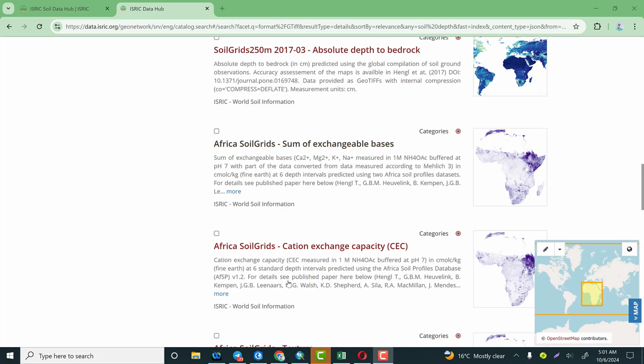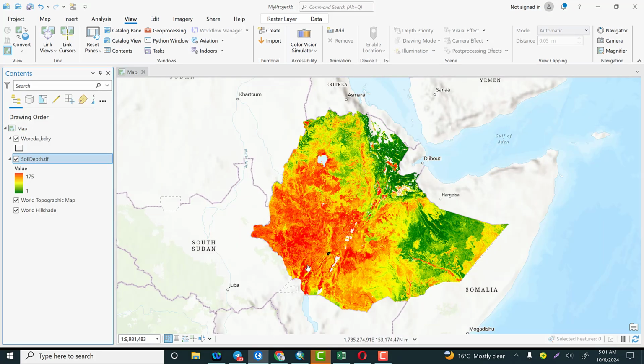Then let's get back to ArcGIS Pro and let me show you the whole process of how to compute soil depths